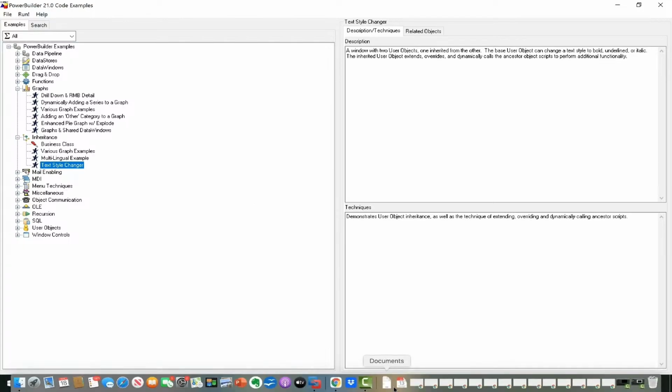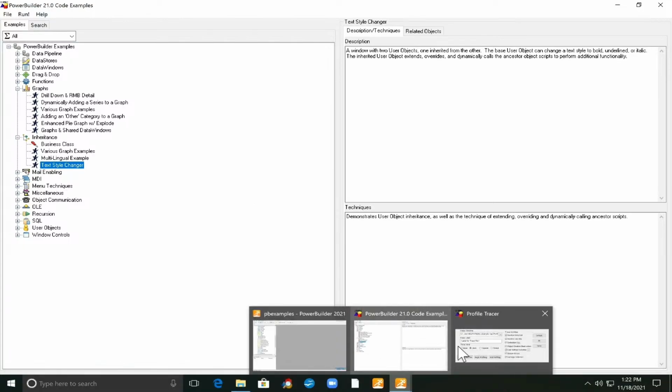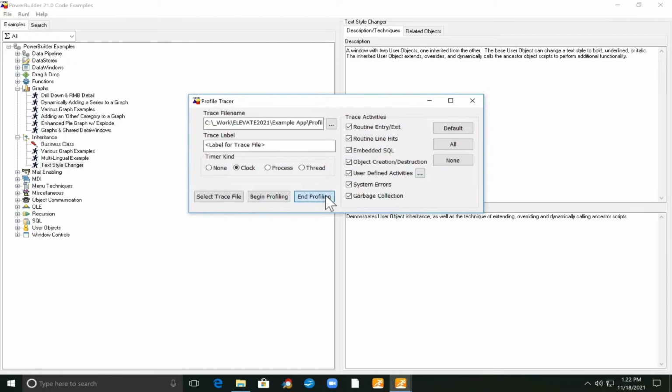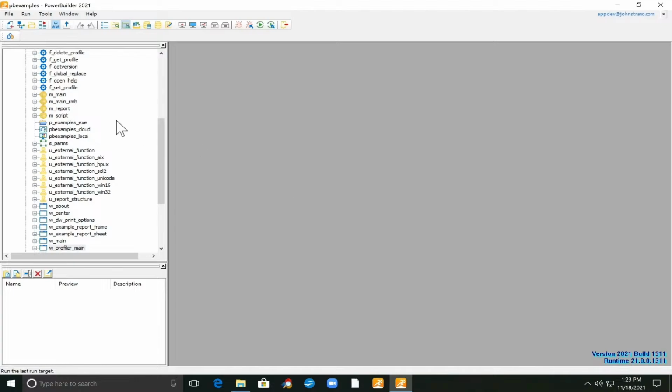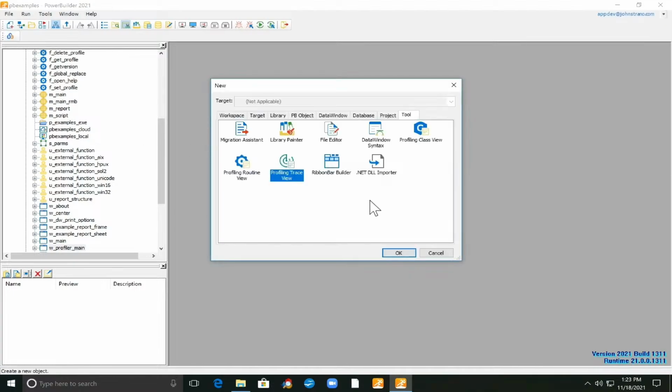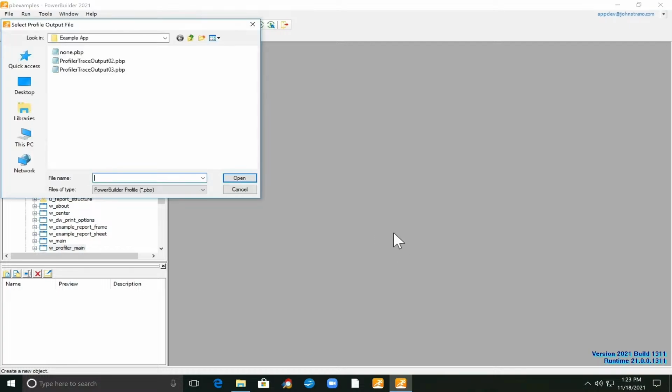I'll go ahead and come back to the profiler window, and I'll click End Profiling and close. I'll go ahead and close the PowerBuilder application. Back to the IDE, I'll open up the new interface window and the tool tab page, and I'll select Profiling Trace View and click OK.